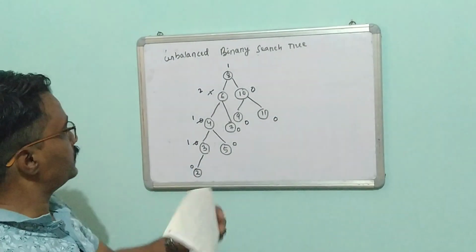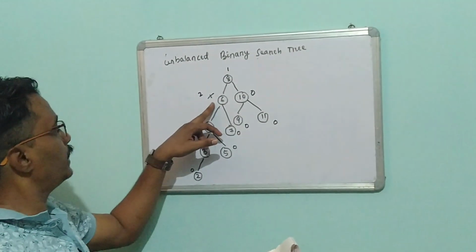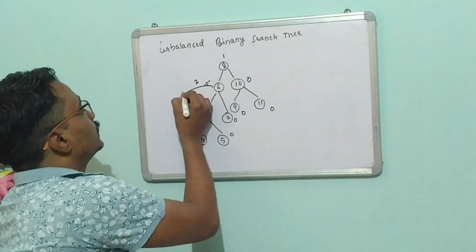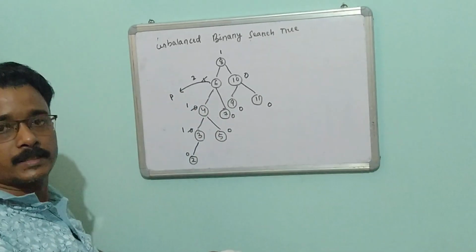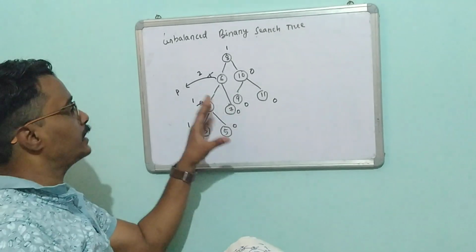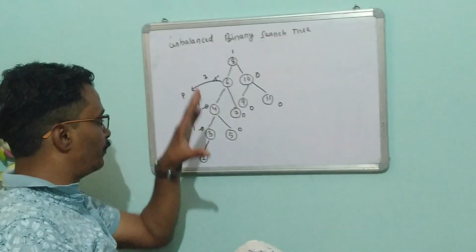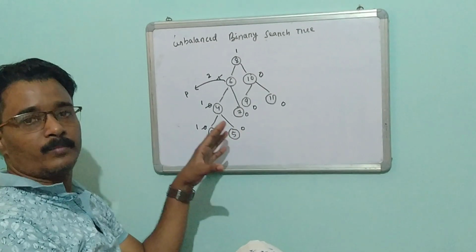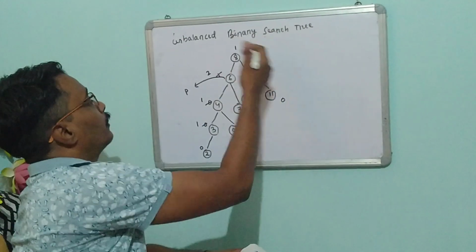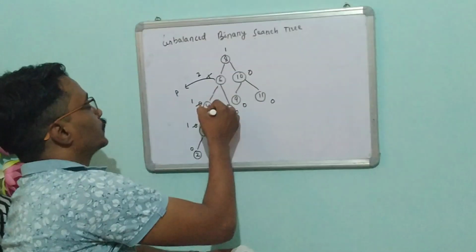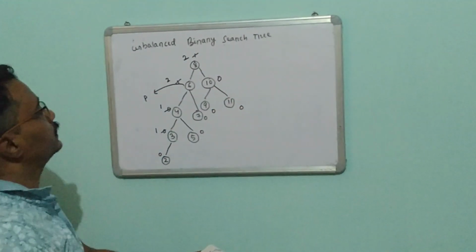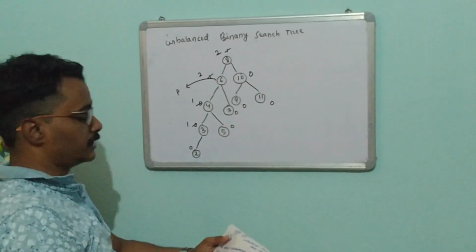Whenever it changes drastically to 2 from 1, or minus 2 from minus 1, we call this node the pivot node, or consider it as P. And there the unbalancing starts. Then we consider this binary search tree an unbalanced binary search tree. Now 8 has 4 on the left part and 2 on the right, so again it will be 2. So now we consider this an unbalanced binary search tree.